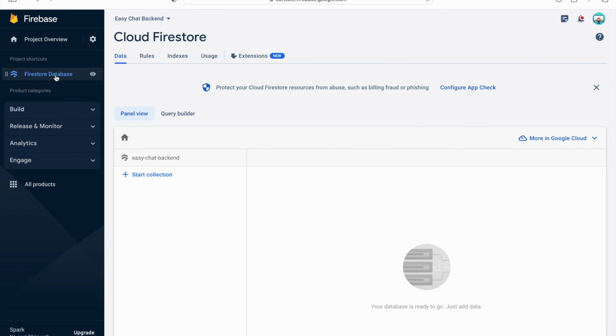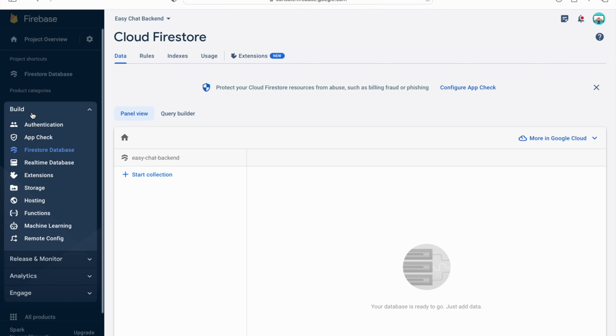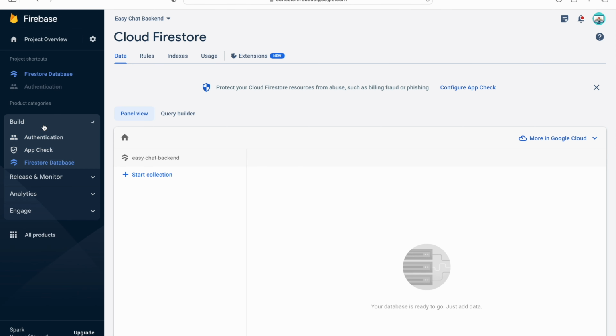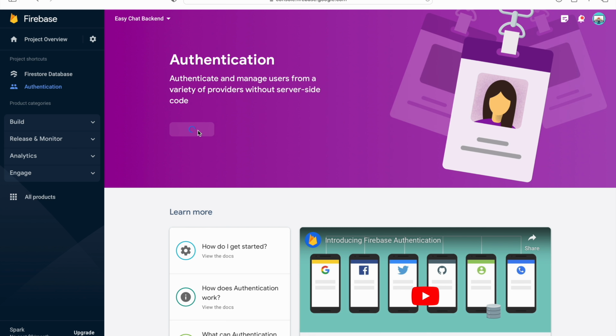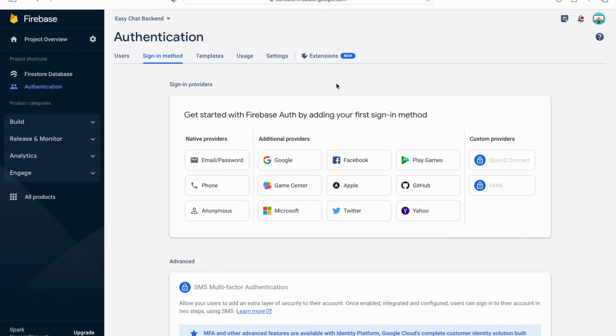We have already added the Firestore database, so go to Build. We have to add authentication. Click on Authentication, click on Get started. So here we have different providers. For this particular app we are using phone number. So let's click on Phone,